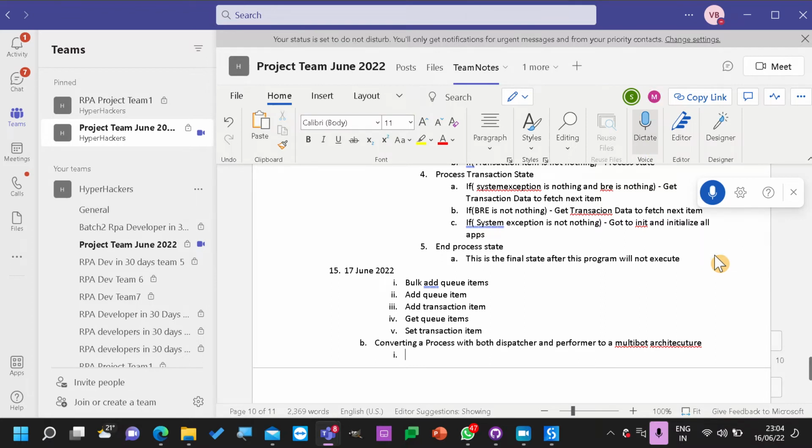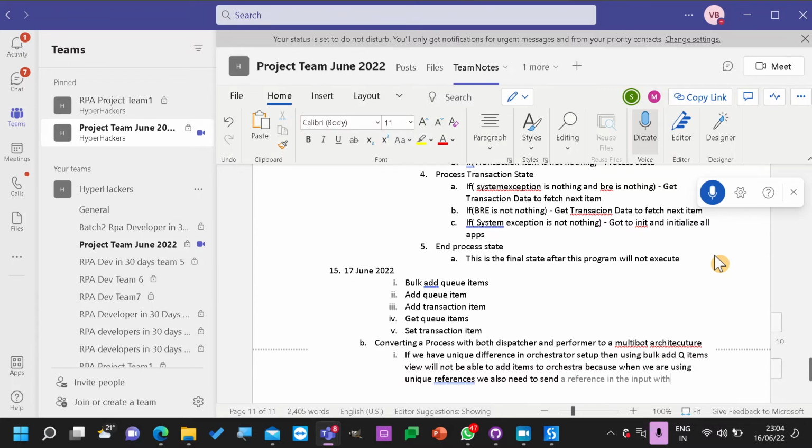If we have unique reference in the orchestrator queue setup, then using bulk add queue items, you will not be able to add items to the orchestrator queue, because when we are using unique references, we also need to send a reference in the input.